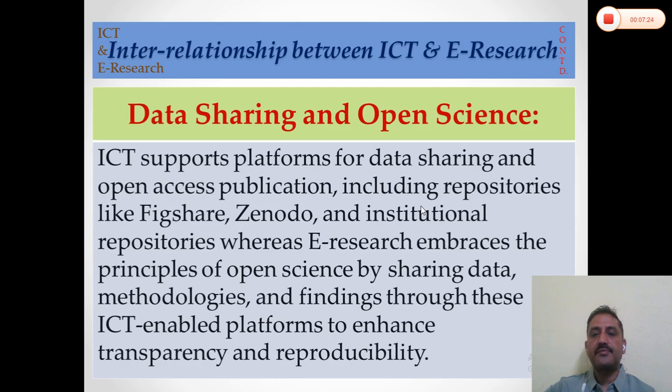ICT supports platforms for data sharing and open access publication, including repositories like Shiksha, Zenodo, and institutional repositories, whereas e-research embraces the principles of open science by sharing data, methodologies, and findings through these ICT-enabled platforms to enhance transparency and